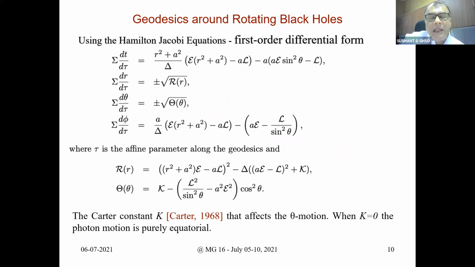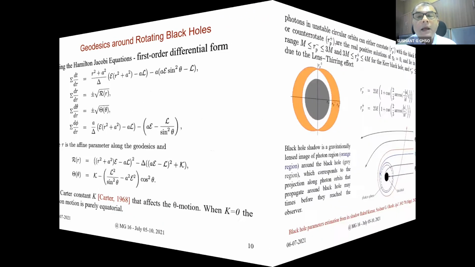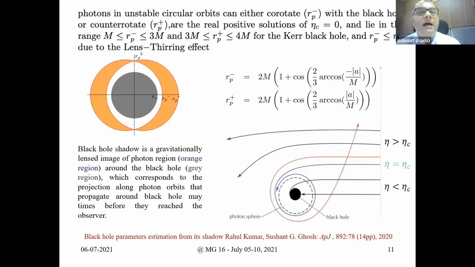Now there are three constants of motion. Apart from the norm, there is a Carter constant K. The Carter constant K allows us to completely integrate the geodesic equation. So this is what is done, and then the photon